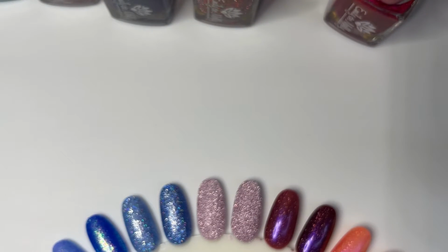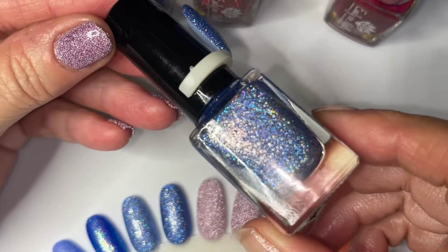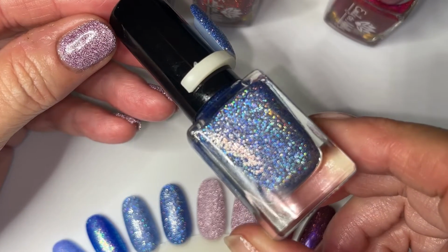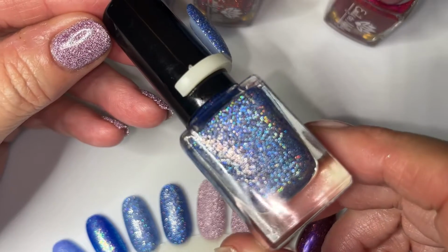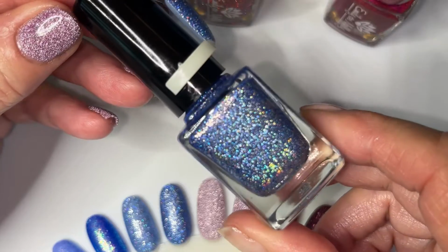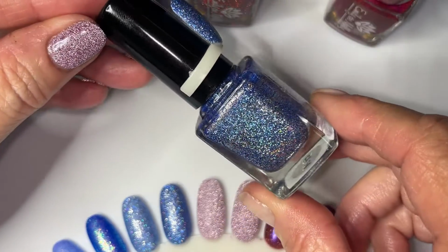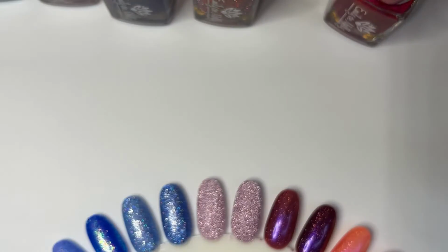So this was described as, if it is the Oops polish, an ultramarine blue filled with silver holographic glitter. Oh, here it says, the latest batch of Bonus Round has more glitter added. The end result is similar to the swatches, but isn't as vibrant. So this does seem to have a lot of glitter in there. So maybe this is the Oops and she just didn't put it on the label. I'm not positive. But here it is on the swatch wheel